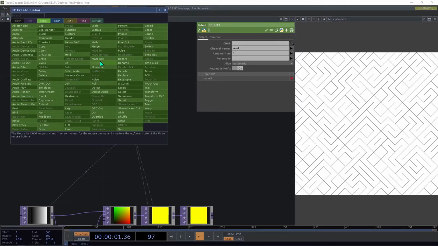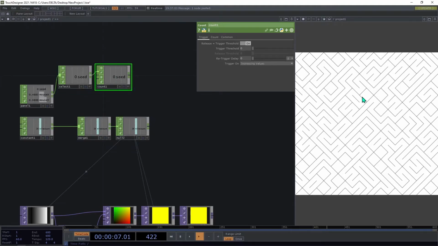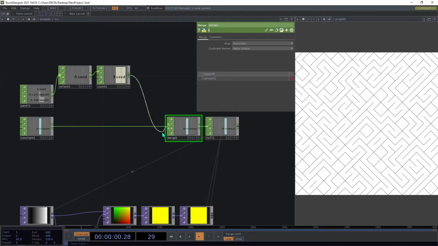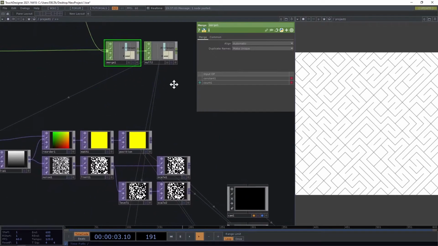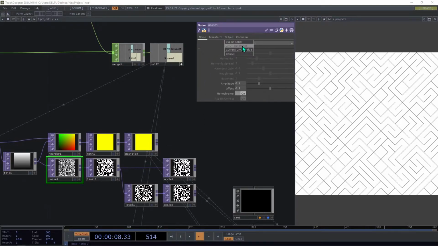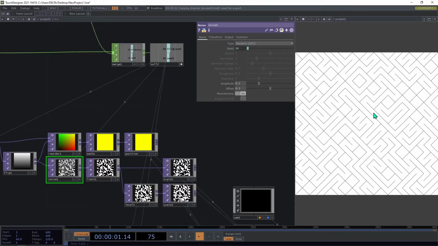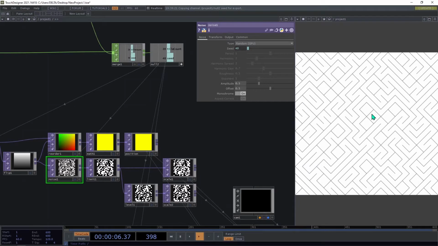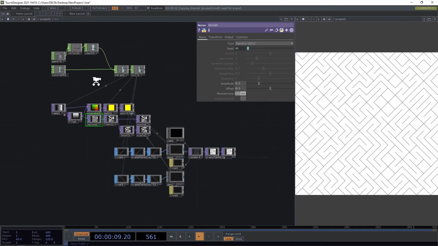This seed needs to be connected to a count. We just need to count every time we make a click on the screen. So this changes every time we click, and it will change our seed. Okay, so we just need to drag it to the merge, and from this null we need to export the seed to this noise and to the seed parameter. So now that interaction is resolved, every time we click it will have a different pattern. Okay, the next thing is